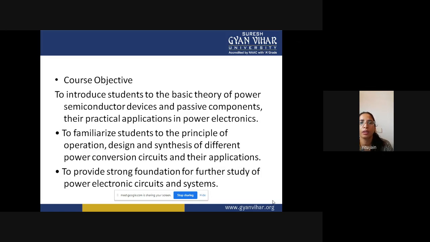The objective of this lecture is to introduce the student to the basic concept of diode by solving some numerical problems. After this lecture, I'm expecting that the student will be able to understand the basic concept of diode, and will be able to do numerical problems based on diodes and different kinds of circuits in which we are using diodes. A student will be able to find the current and voltage across the diode.